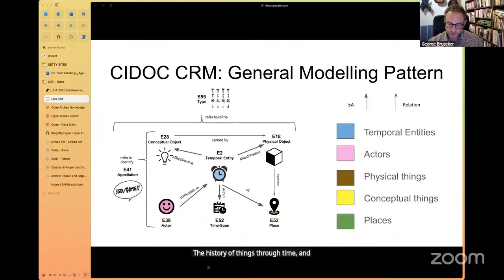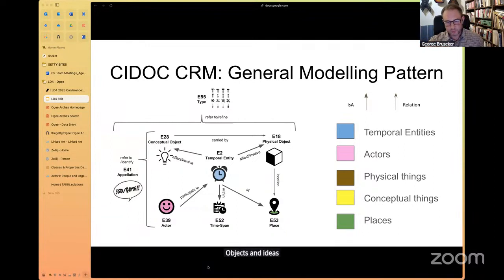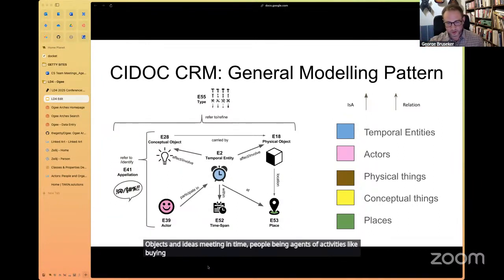So it puts events at the center of the representation of information, and that abstraction is then really easy to apply consistently in terms of talking about objects and ideas meeting in time, people being agents of activities like buying and selling things or moving things from place to place.